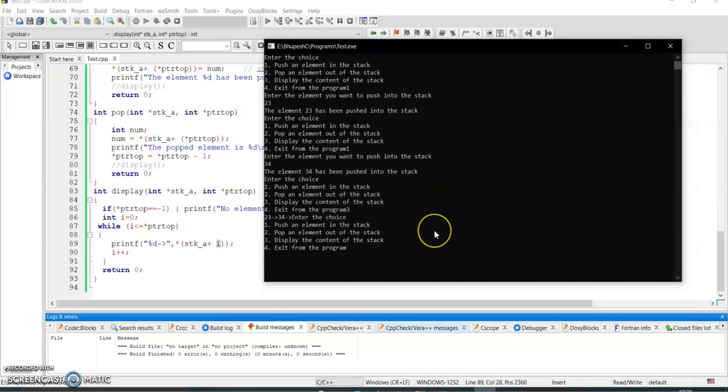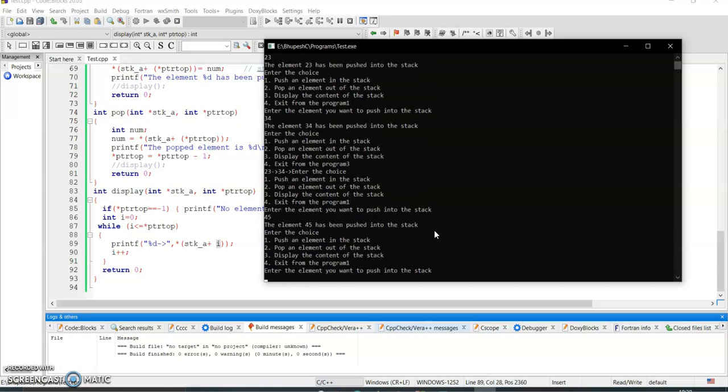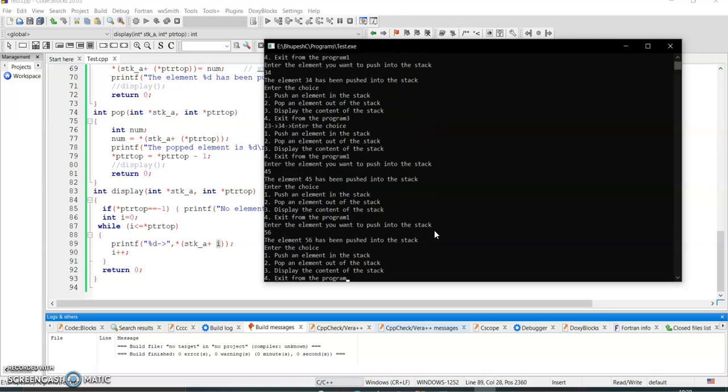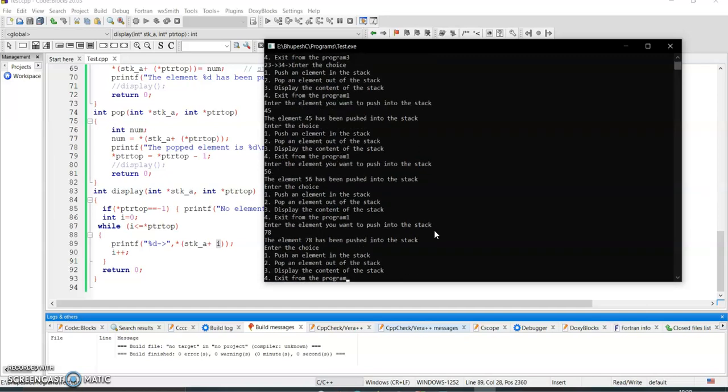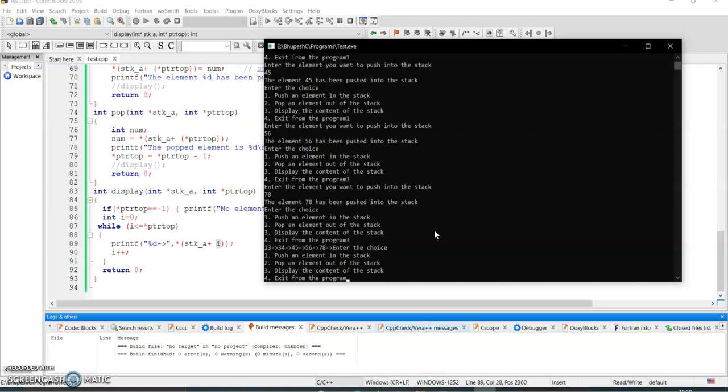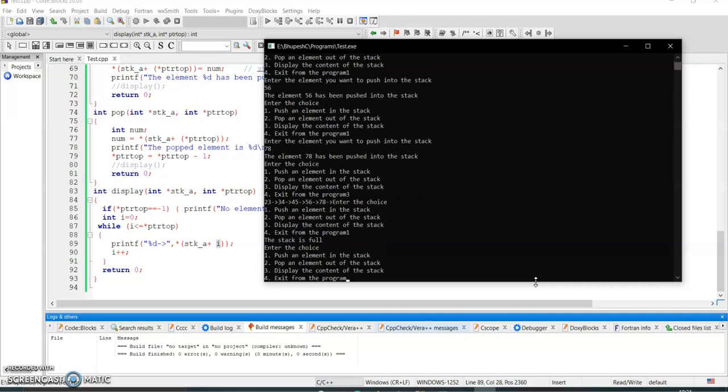So display is okay. Let me say again 1. Let me enter 45. Okay. Let me enter 56. Okay. 1. Let me enter 78. Okay. Let me display. Yes, I got now 23, 34, 45, 56, 78, 5 elements. So now, okay, stack is full, right? Now pop,